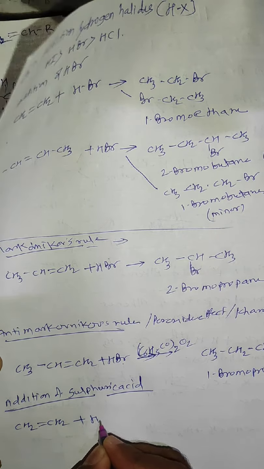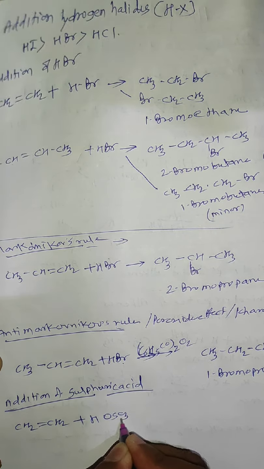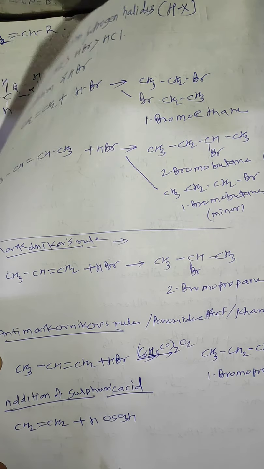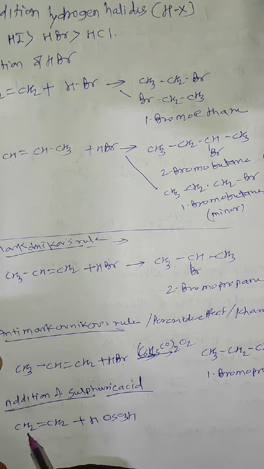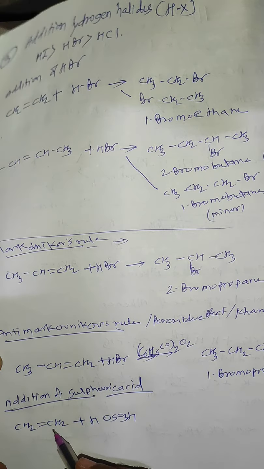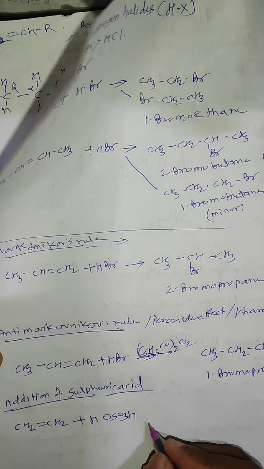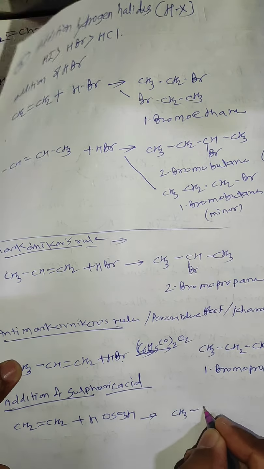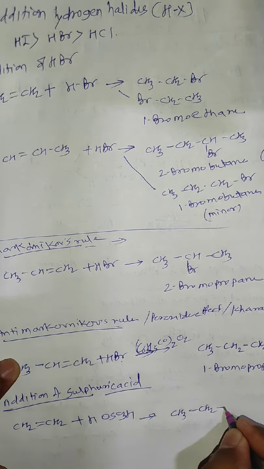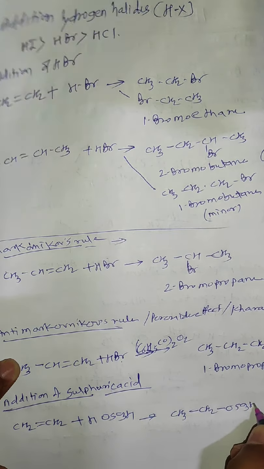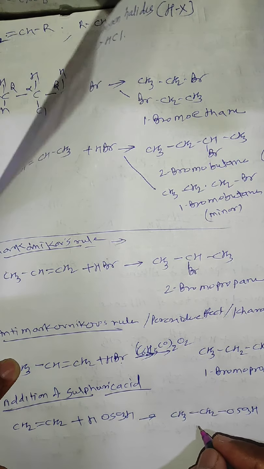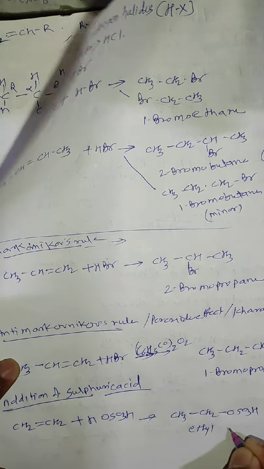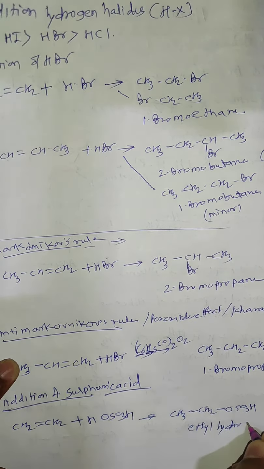These are treated with HOSO3H, that is the sulfuric acid. Now this hydrogen is shifted to one carbon atom, OSO3H is shifted to another carbon atom, and it gives the addition product like CH3 CH2 OSO3H, that is ethyl hydrogen sulfate. Ethyl hydrogen